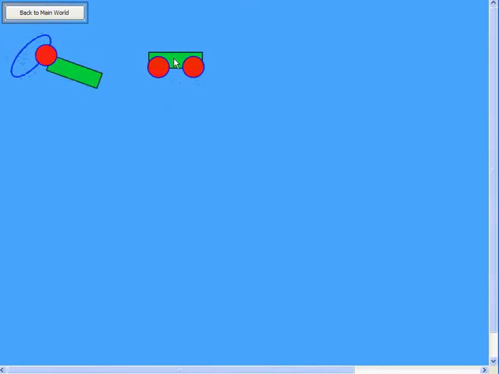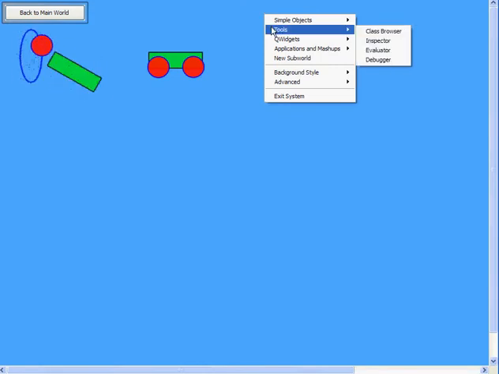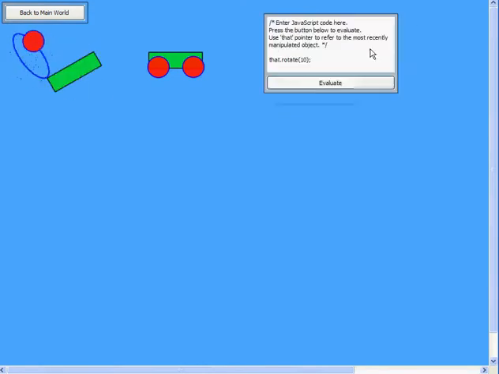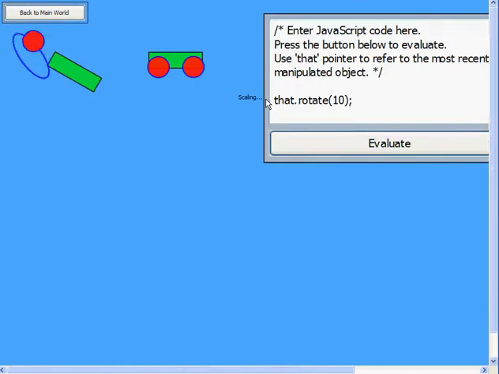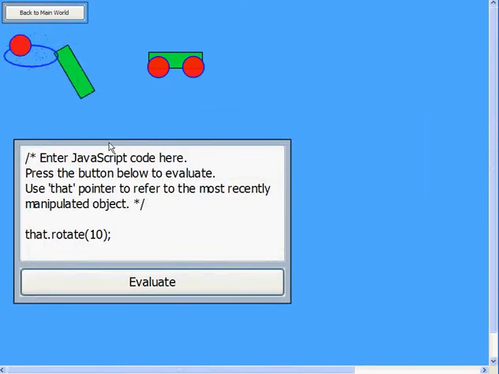And the next thing I'm going to do is open a tool called the Evaluator, which allows me to enter JavaScript code. And I can basically type any code I like here. And now what I'm going to do is paste this code from another place. Let me see. Well, first of all, let's clear